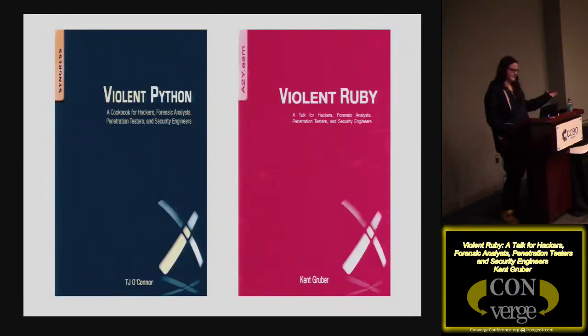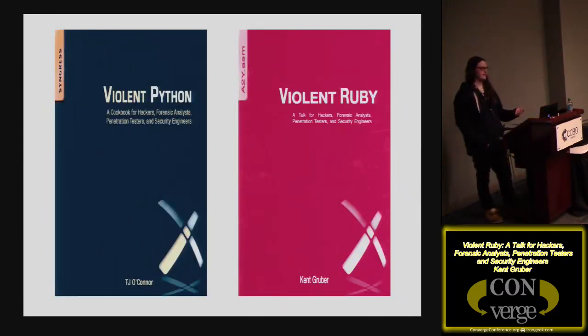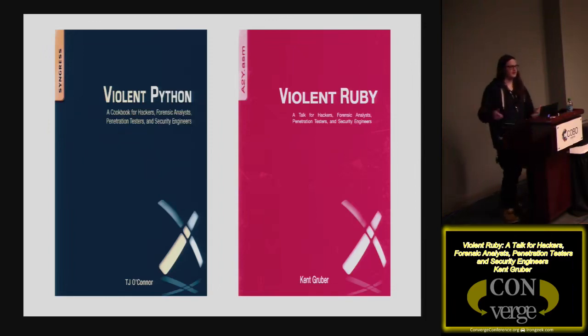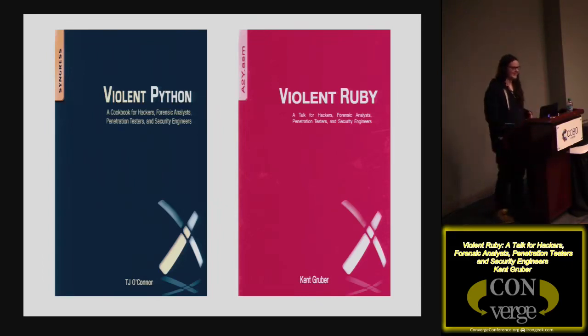And this is Violent Ruby. We're going to have a little bit of comparison between the first couple chapters of Violent Python and Violent Ruby. I wish I could go through a whole bunch of them. I have a lot of code on GitHub. We have Vagrant files so you can easily spin up, let's say, a vulnerable SSH box, and then use an SSH brute forcer to brute force that Vagrant box to get passwords. So really simple stuff to get started with that the Violent Python book doesn't have, and mine's free.